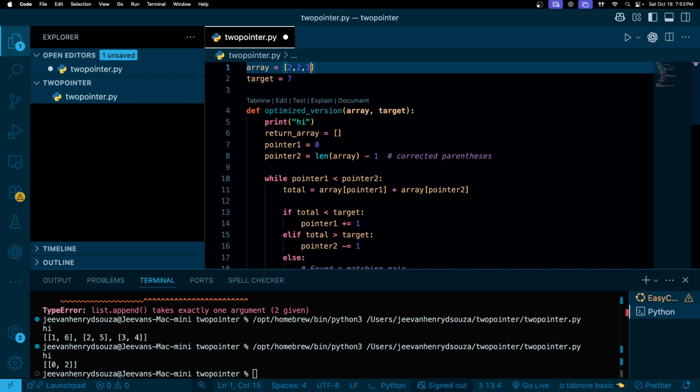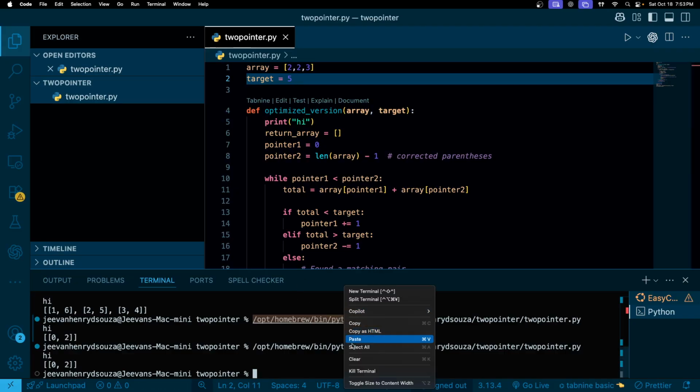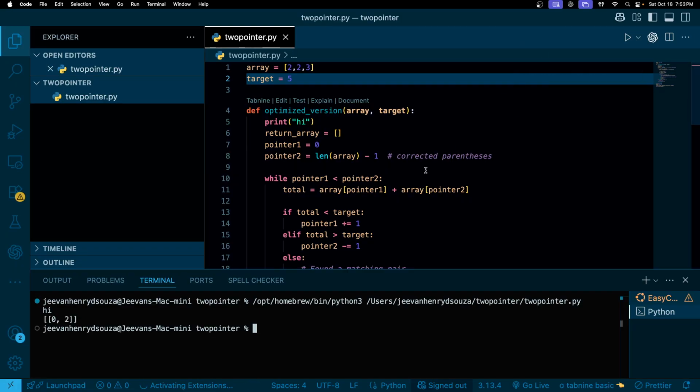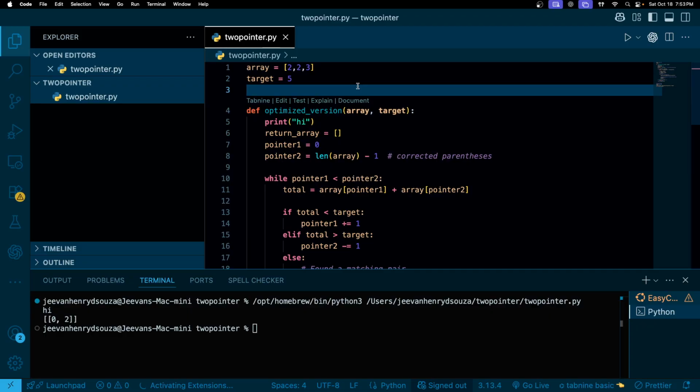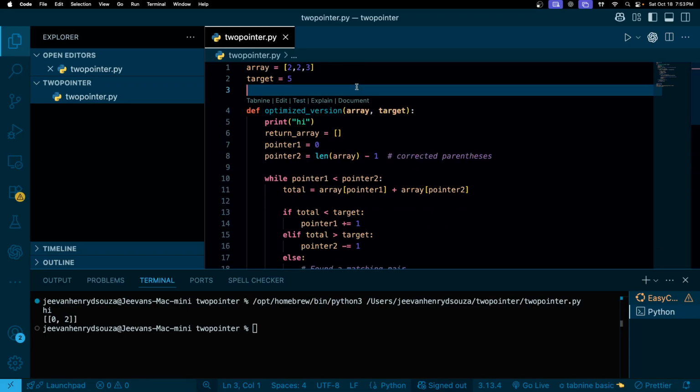So this is the, if I run this as 5. Am I calling this somewhere? This version is going to give me,